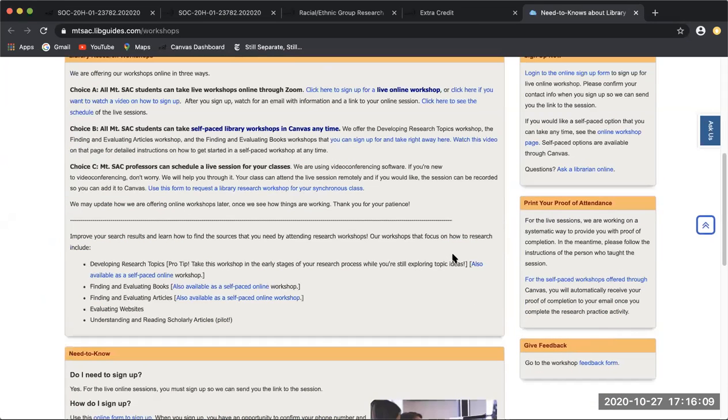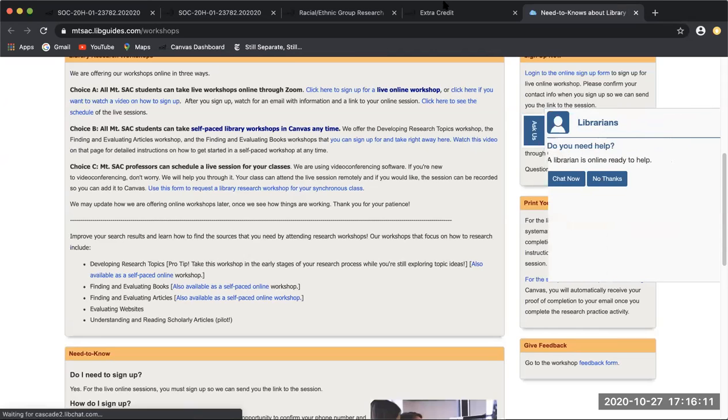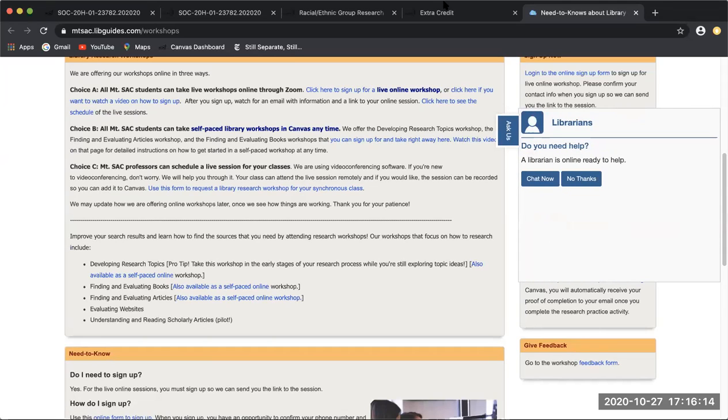The reason I bring this up is there are workshops in case you're not familiar with the research process, in case you're not familiar with what an academic journal is, how to find them, how to read them. You can look at what workshops they have available at the library. Oftentimes, I believe they do have finding and evaluating articles. This would probably be a great option if you are not familiar with this research process and how to find research articles. Keep in mind that these trainings are great because you can complete them self-paced. You don't have to attend a live class. You can do it at your own pace.